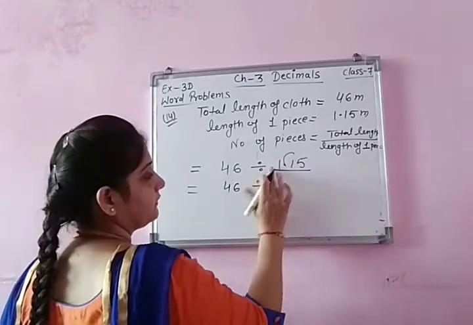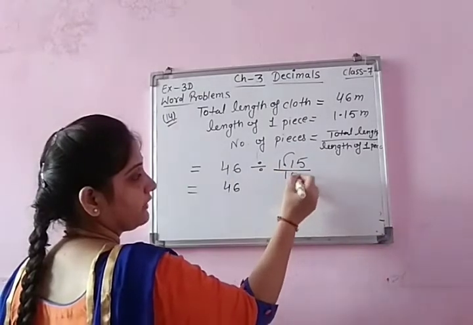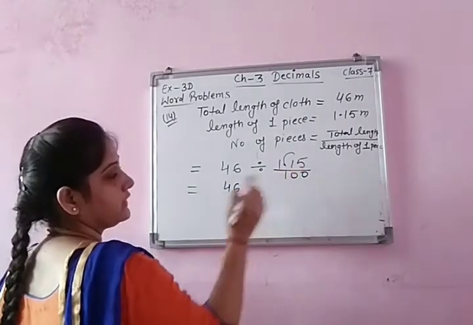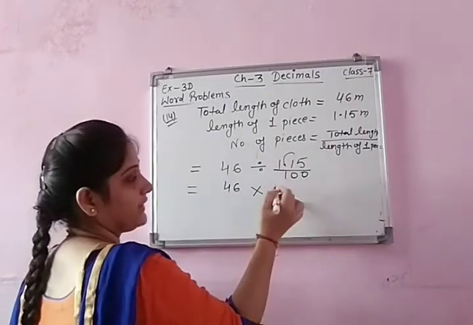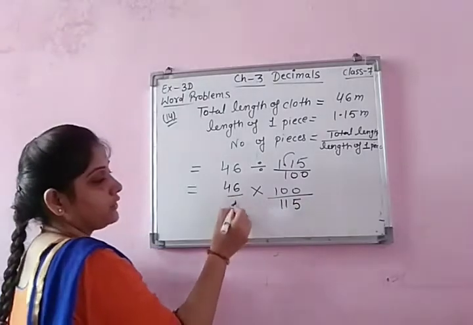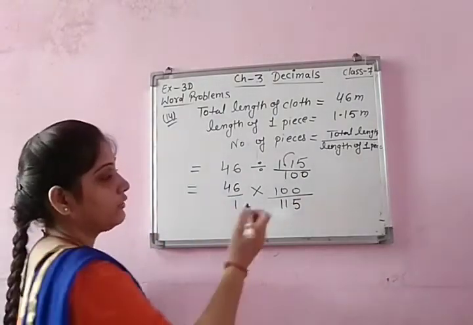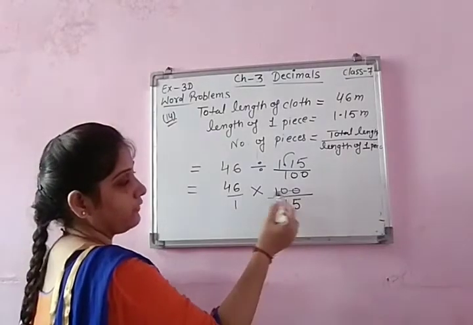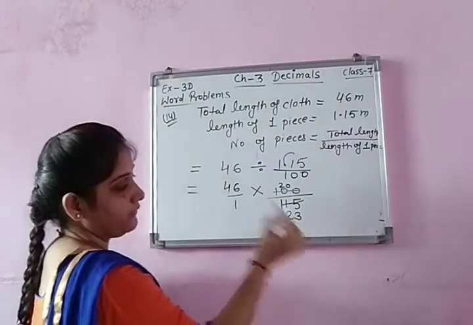What it will happen? There is no need to convert this. This will give us 100. But there are two digits. Now divide need to convert into multiply. So it will get reciprocal. 100 upon 150. If there is no denominator, put 1. Now cancellation. So I am doing by 5 first. 5 2s are 10, 20. 5 2s are 10 and 5 3s are 15.